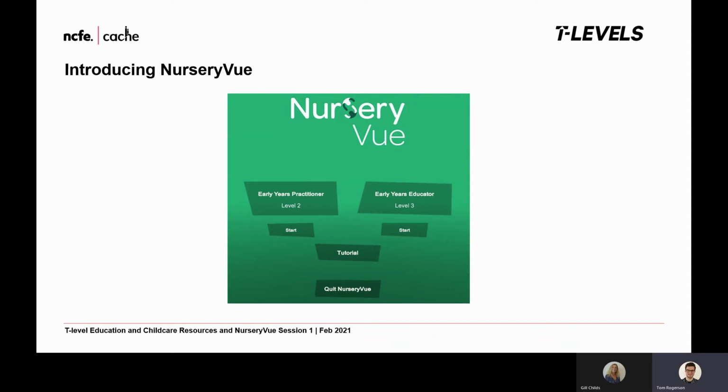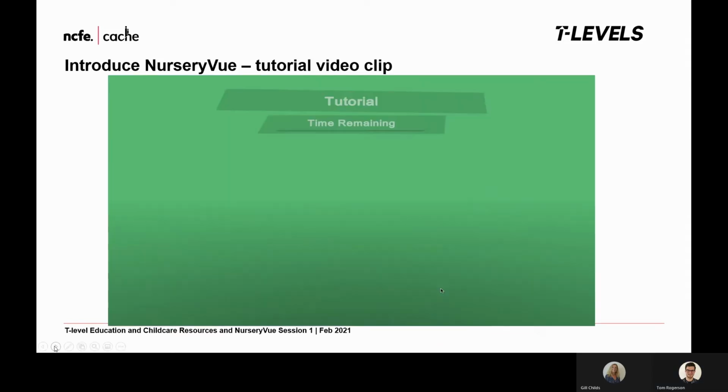So you'll be able to give students who are new to the subject level 2, whilst you can give students who are more familiar with the topic level 3. The format of NurseryVue is easy to follow. It starts with teaching and learning, supported with an interactive exercise, then it finishes with a quiz where learners can test their knowledge. This tutorial helps guide you through how to access the different topics, but also how to navigate